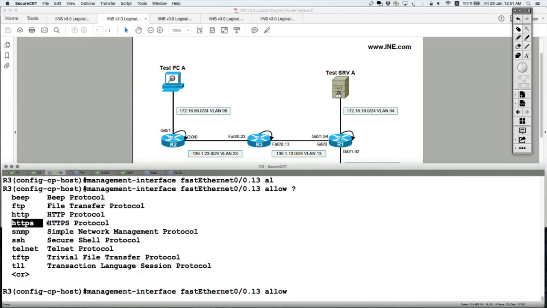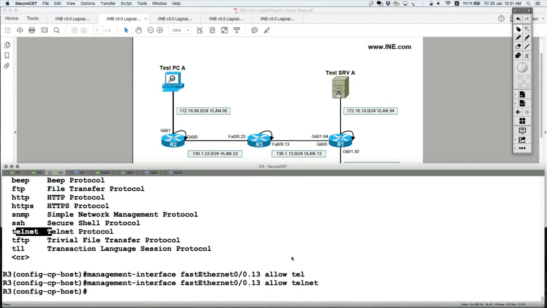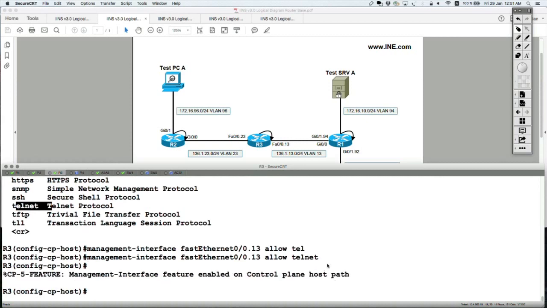FTP, HTTP, HTTPS, and so on. I'm going to say telnet. So at this point I'm going to allow only telnet traffic to come inbound on this interface, and no other protocols